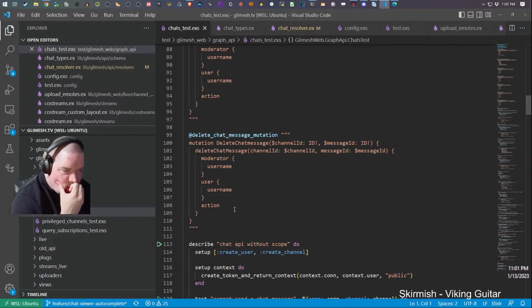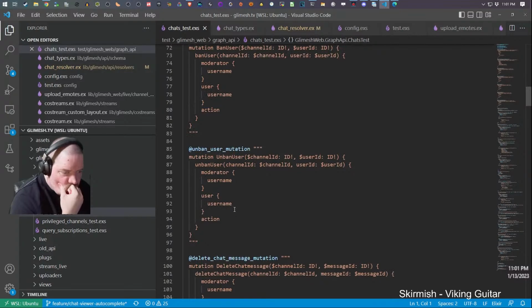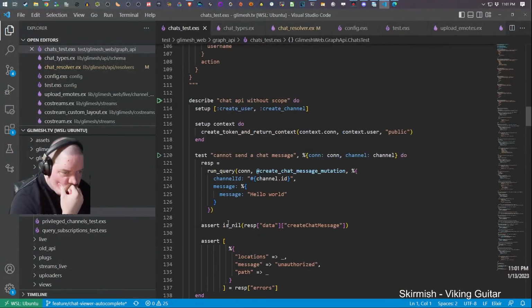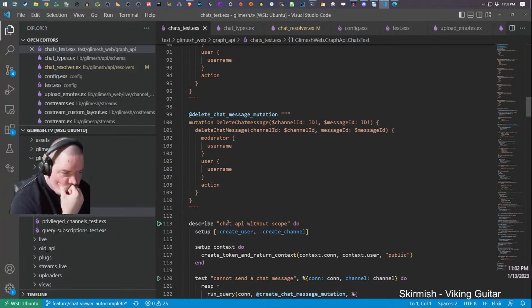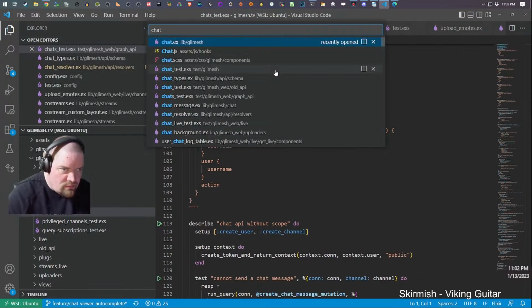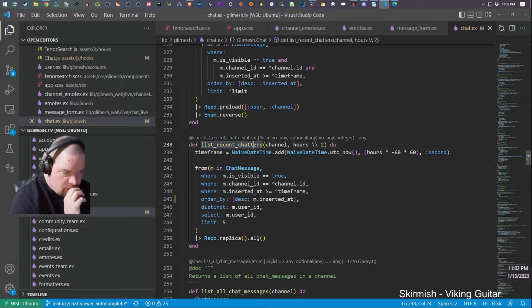What should bring that back though? It's just bringing back a list of users, right? Bringing back chat. Yeah, it's bringing back a list of user IDs.